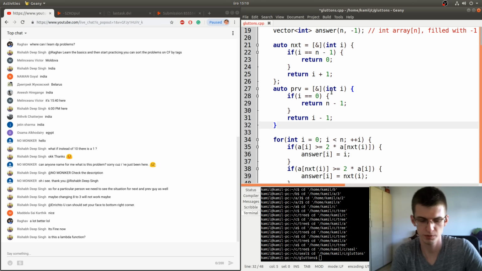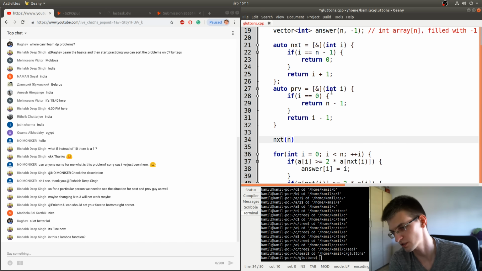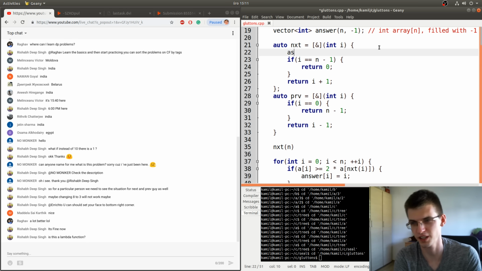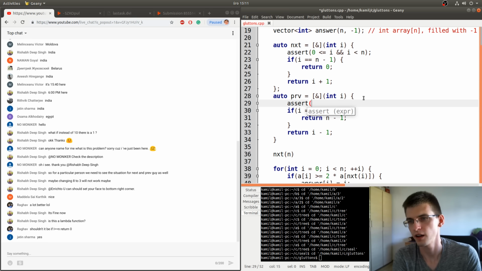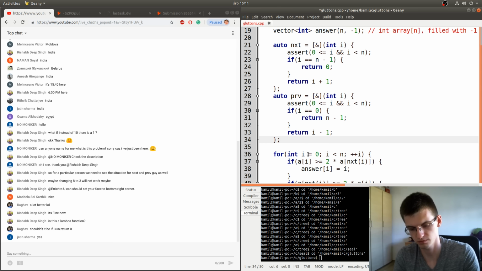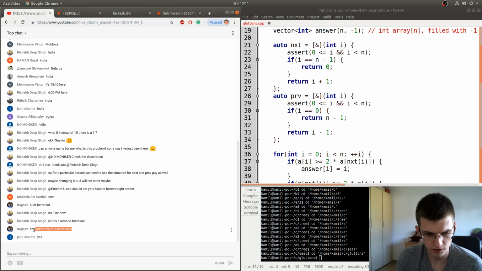What if, for example, we write next of n? It will not work correctly. So to be safe, let's add an assert just to check if we don't remember about that in our code. And if this assert fails, we will then try to correct this function or change the usage. Shouldn't it be if i is equal to n returns 0?